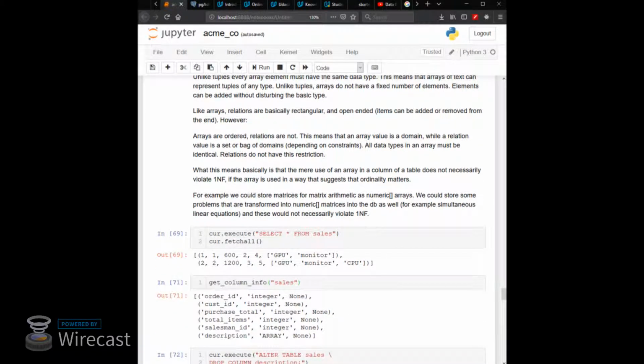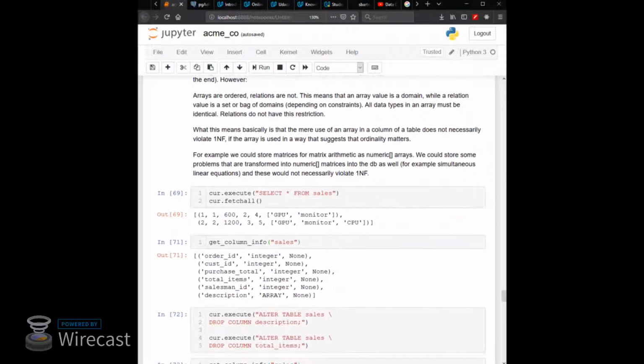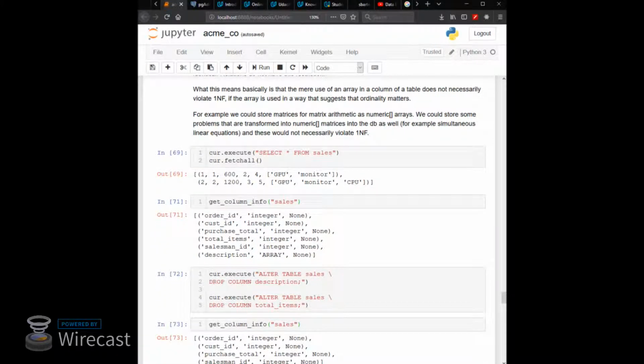So if you remember back, we did use some arrays, and unfortunately, they did not have any ordinality. They were just haphazardly listed in there as the items that were sold. So in order to get our database into first normal form, we have to go through and break up all of these arrays. So in order to do so, I have to alter the table, drop the column for both the